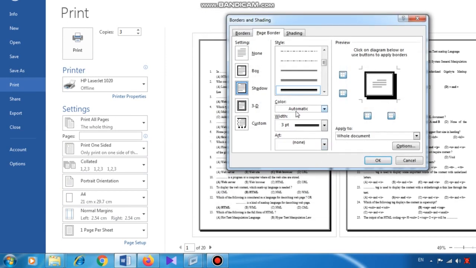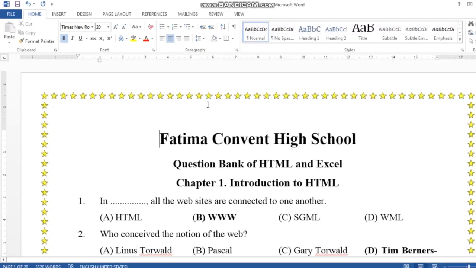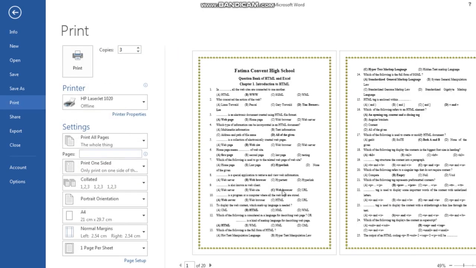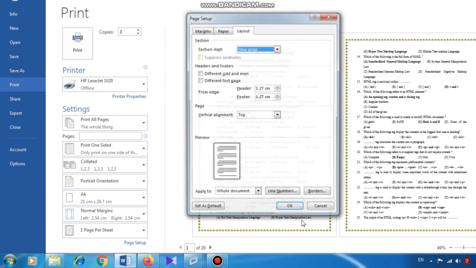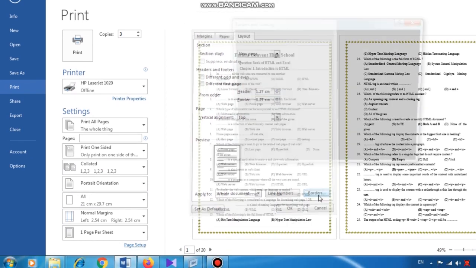Okay. Now one more important thing, if you want to give an attractive border of some shapes, then you can select the shapes from here. For example, if you want to give stars all around, then you can select star. Okay, then you can add the border with the stars. Fine. One more thing, I go to the page setup dialog box, and go to borders.